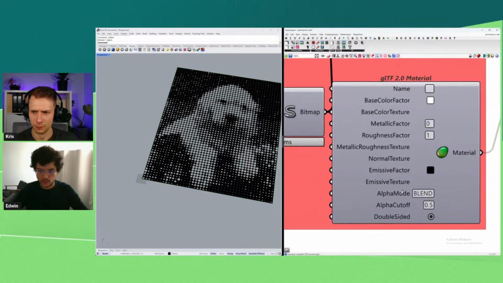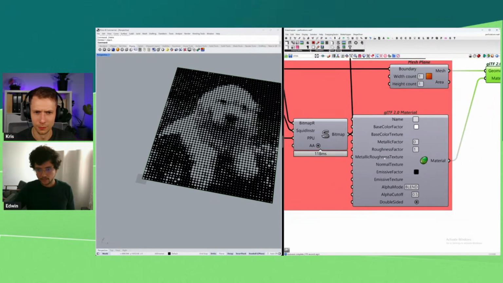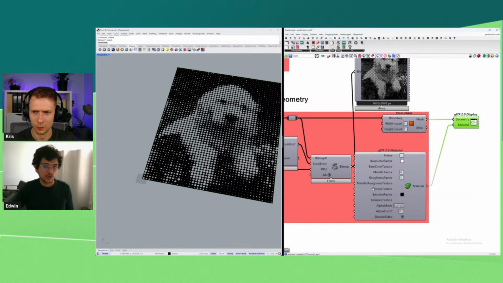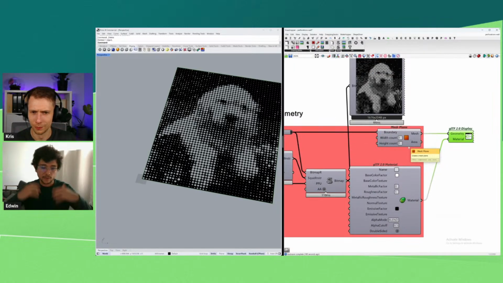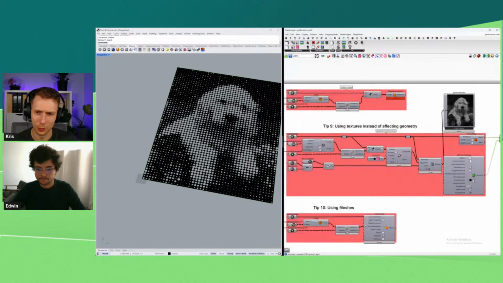That's somewhere here, normal texture. If somebody wants to learn more about textures and stuff, they can check the ShapeDiver channel, and there I talk more about it. But with textures, you can really fake a lot of things for visualization purposes and get pretty much the same result. Cool. Okay. That was really great.